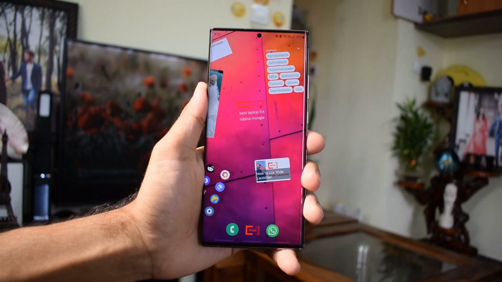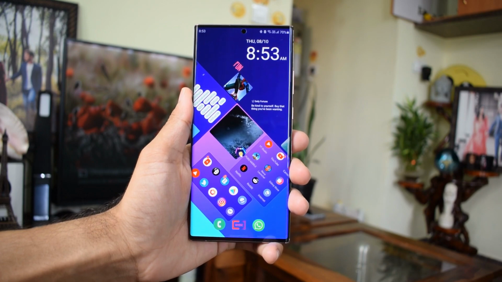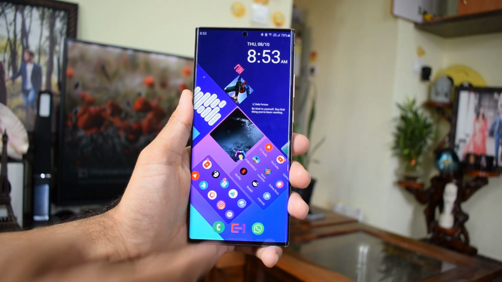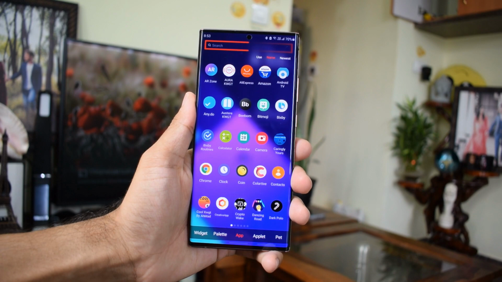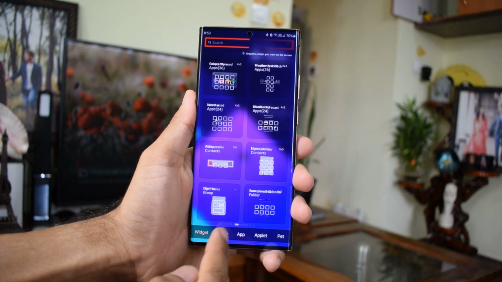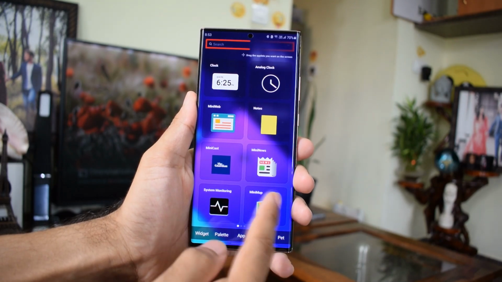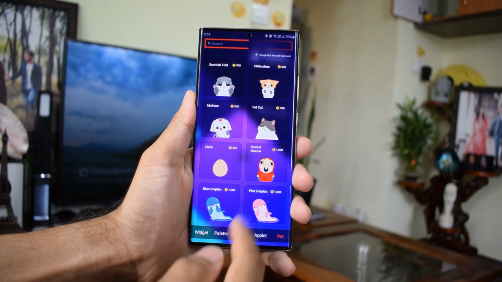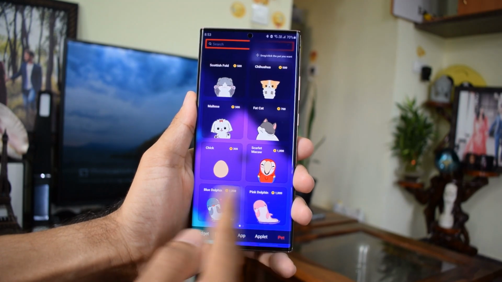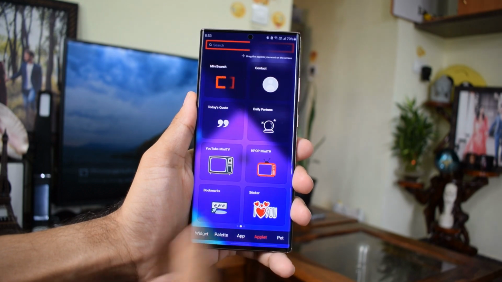So this particular home screen setup is not just confined to these functions and items. You can add more. Just swipe up from the bottom, you can see all the item categories like widgets, palettes, applications, applets, and we have got pets, just some stickers if you want to decorate the screen. The most interesting category I found is the applet. This offers some cool items which can be placed on the home screen.